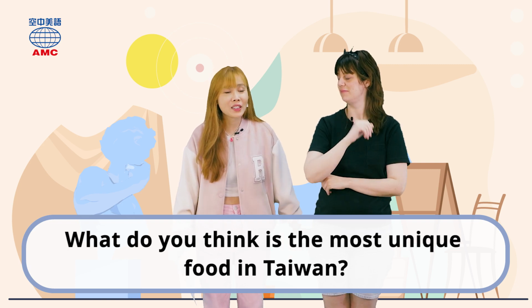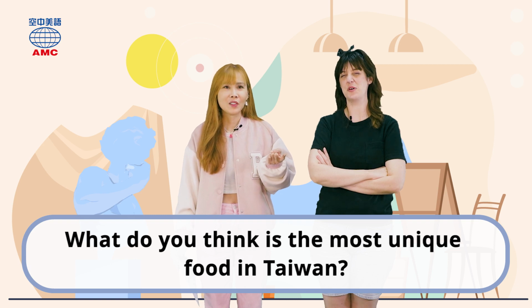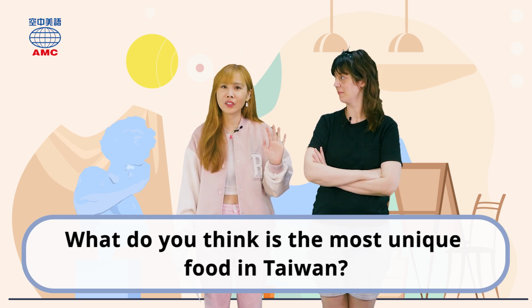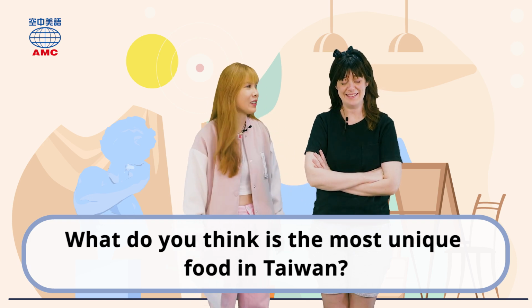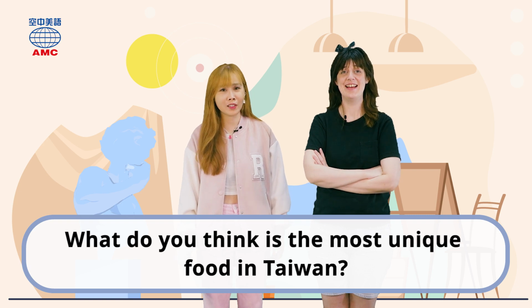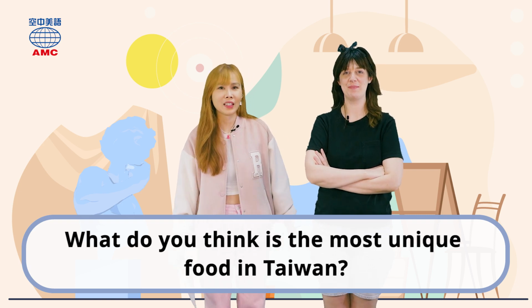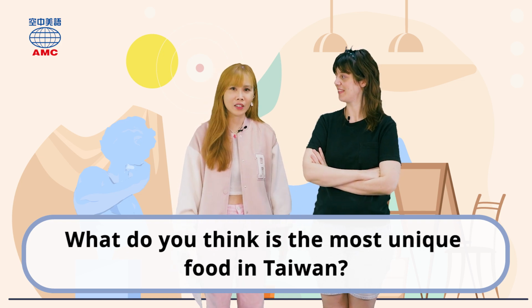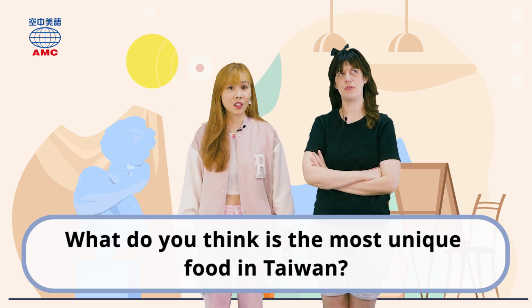The most unique food. Oh, do I have to choose just one? Don't say stinky tofu. No. I think that's okay. I think the most unique food in Taiwan is Qilixiang chicken butt, it's delicious. I'm sure it is, but I don't eat meat. Oh, that's right. That's so funny to me. Great! You can only get Qilixiang in Taiwan, right? I think the most unique food to me is...